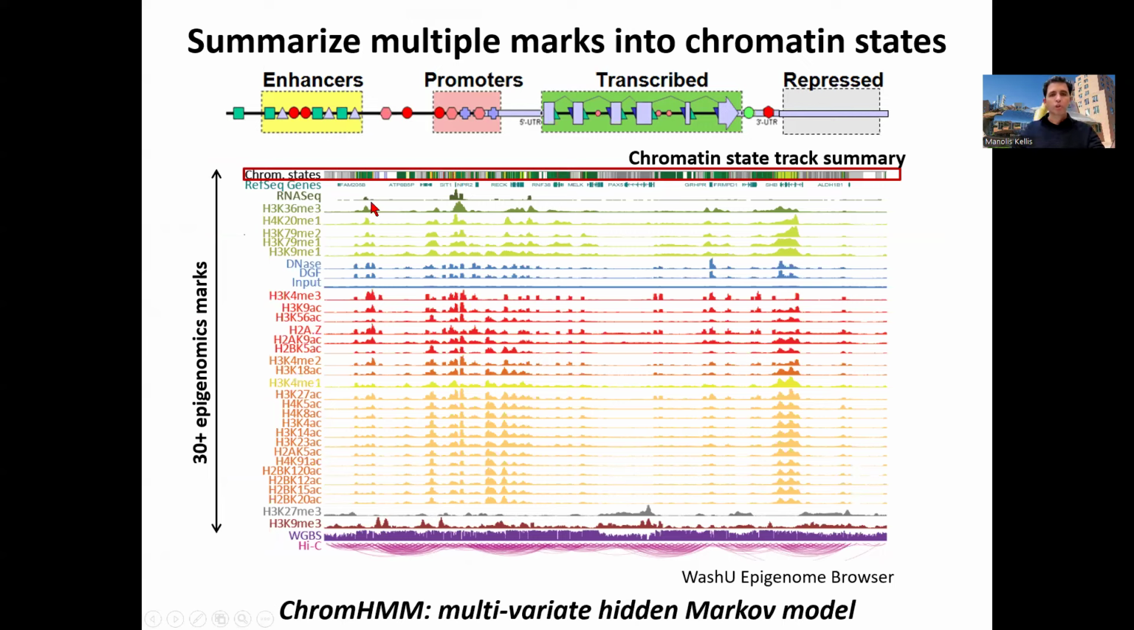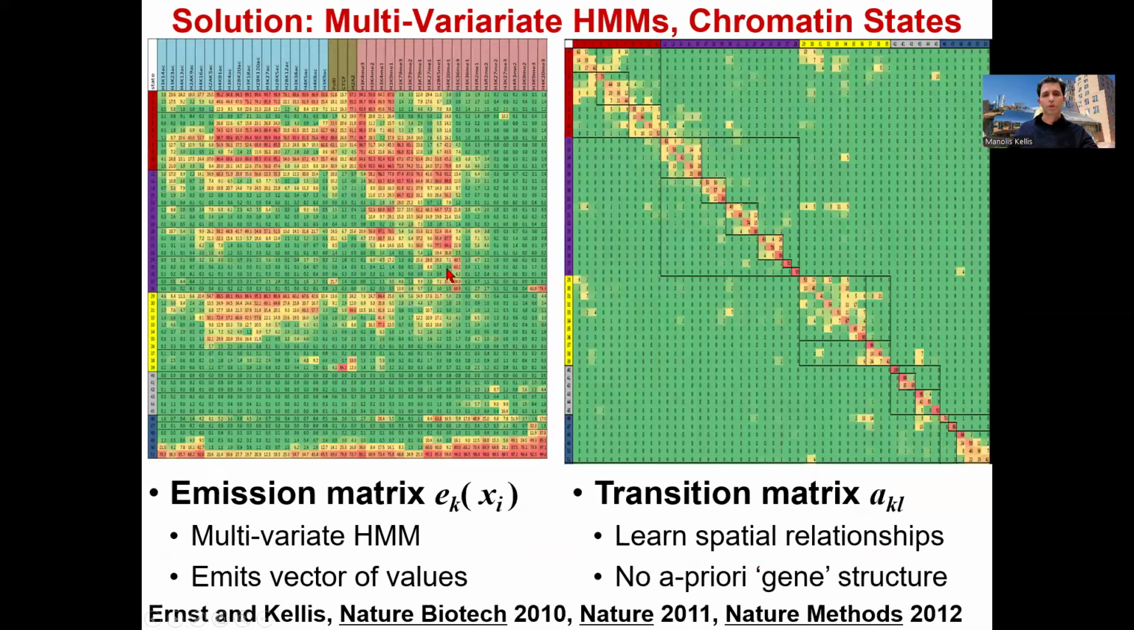Okay, so I have a bunch of observations of individual marks, and I have a hidden chromatin state track. At every position, I'm in an enhancer state, promoter state, transcribed state, etc. And I'm emitting a vector of histone modification marks. Okay, so I want to have both a transition matrix that basically tells me that promoter states are near promoter